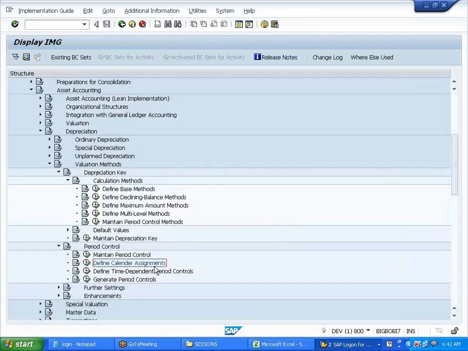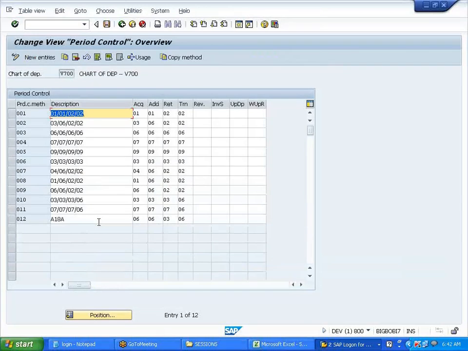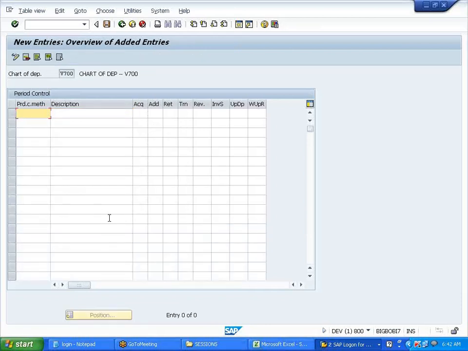So that is the period control method. Now I need to maintain that period control here. The other way of calculating depreciation is on a pro rata basis, what we call it. Like, in the month of March you purchase, from March you should calculate depreciation. From wherever you have purchased the asset, from there you calculate the depreciation. That is clear, right? Yes, whenever you purchase, from that day the depreciation should start calculating. So my period control method, I'll give. Everyone clear with that?